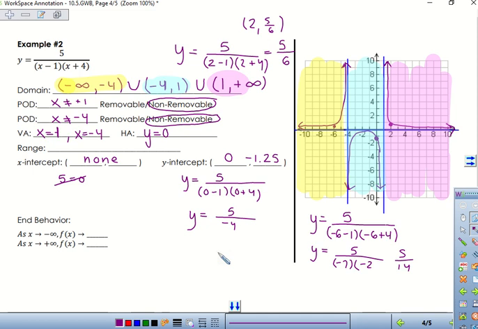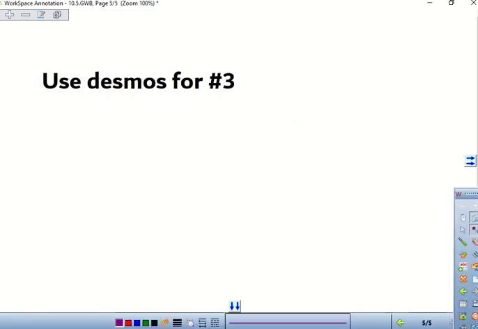Now, as for the range, it could be anything except for what? 0. And lastly, on both ends, what's my graph approaching? 0, because it's getting flat. You see how it's getting flatter and flatter? All right. So for the homework,